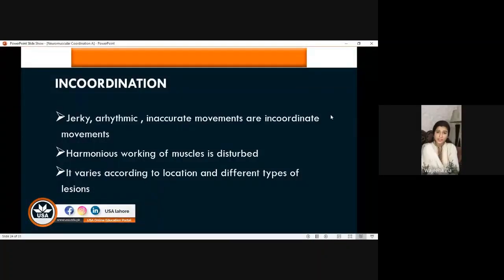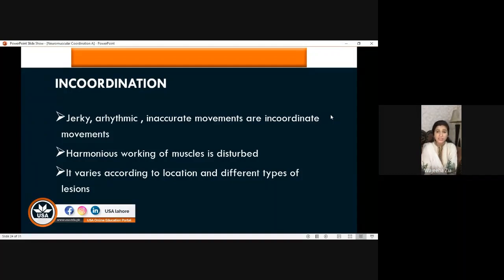Cerebellum injury leads to motor ataxia. Loss of sensory kinesthetic sensation will lead to sensory ataxia. Now the next one is the incoordinated movements. Whenever the movements are not smooth as per our requirement, they become arrhythmic. It means there is swaying from the normal. If you are trying to use the pen and you are writing and the hand keeps shivering, what is this? This is arrhythmia.